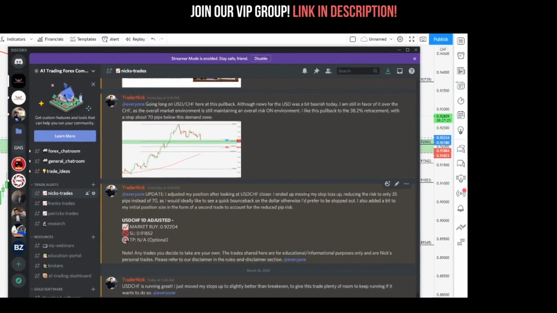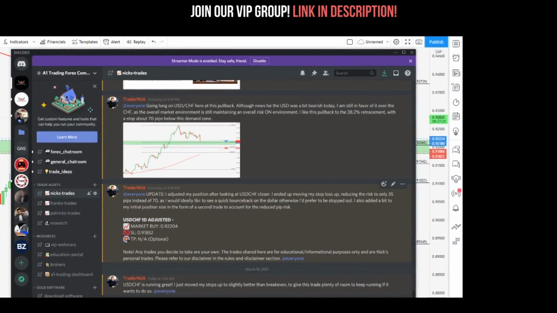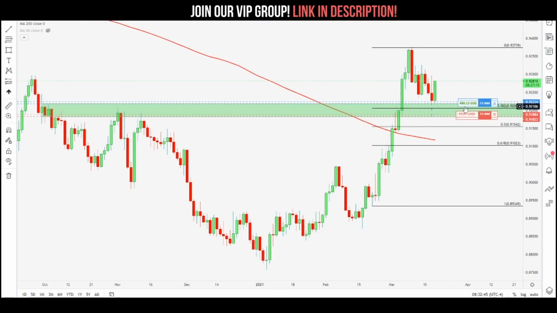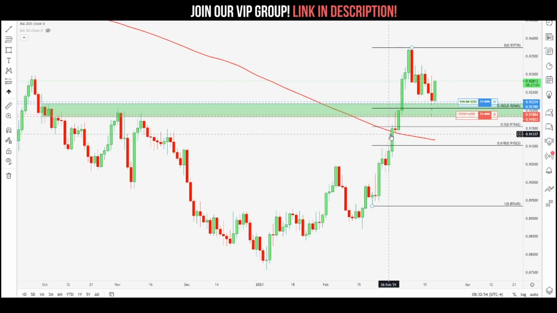I ended up moving my stop loss up, reducing the risk to only 35 pips instead of 70, and I doubled my position. So kind of weird, but I ended up taking a second position here. You can see price is continuing to move in my favor. But I decided I didn't want to have 70 pips because the average true range,